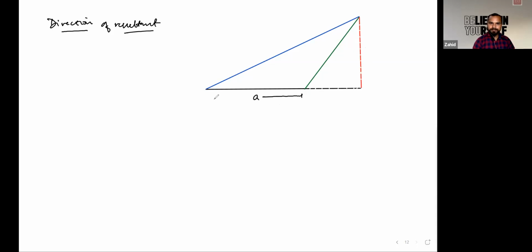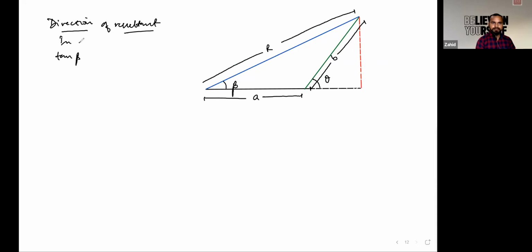This was A. This was resultant. This is B, and the inclination in between them is theta. We have to calculate the inclination of this resultant with respect to this x-axis, so it will be just beta. So if you calculate tan beta in triangle